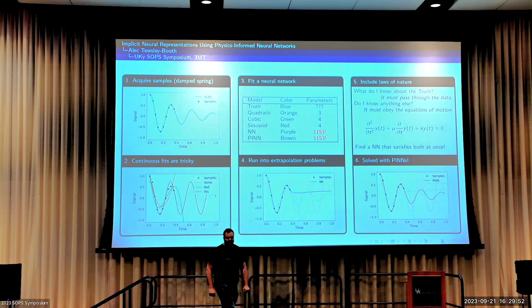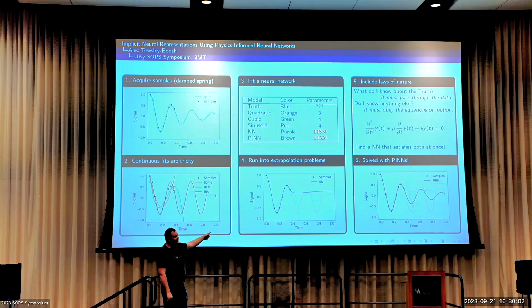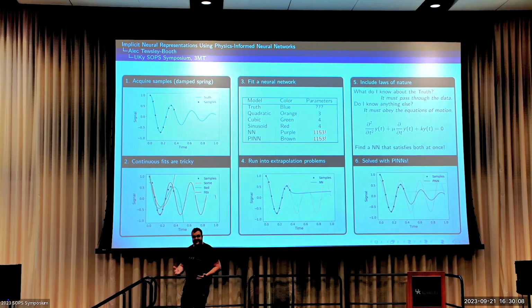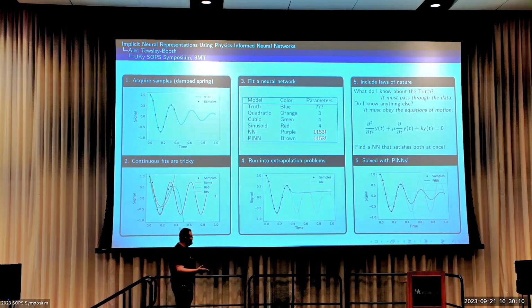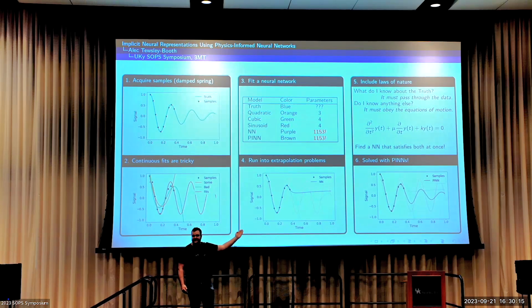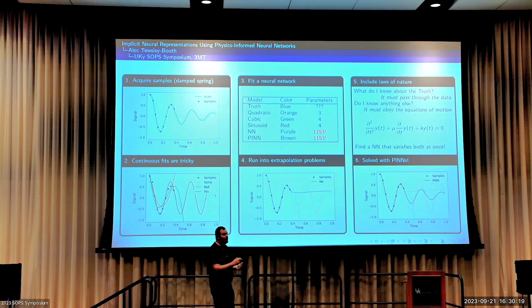Enter the implicit neural representation. You can think of a neural network as just a function with a lot of parameters. Put in perspective, the bad fits over here have 3 or 4 parameters. The neural network I'm fitting has 1,153. But all training that neural network is fitting it to the data just like any other problem. Unfortunately, you can see we still wind up with extrapolation issues. So if only there was some way to tell the neural network what shapes it's allowed to take.